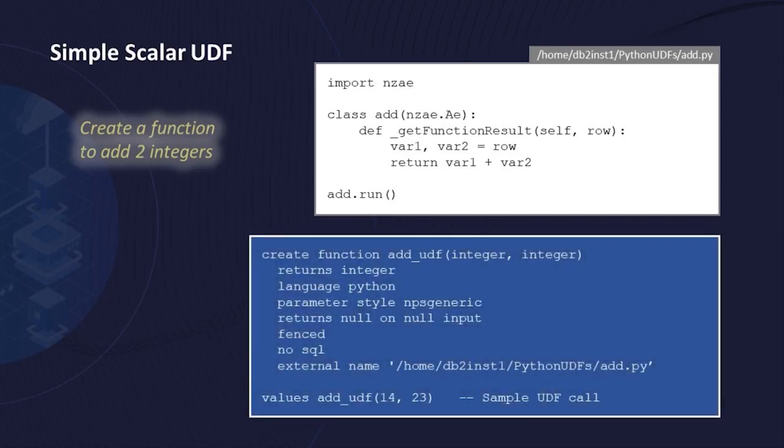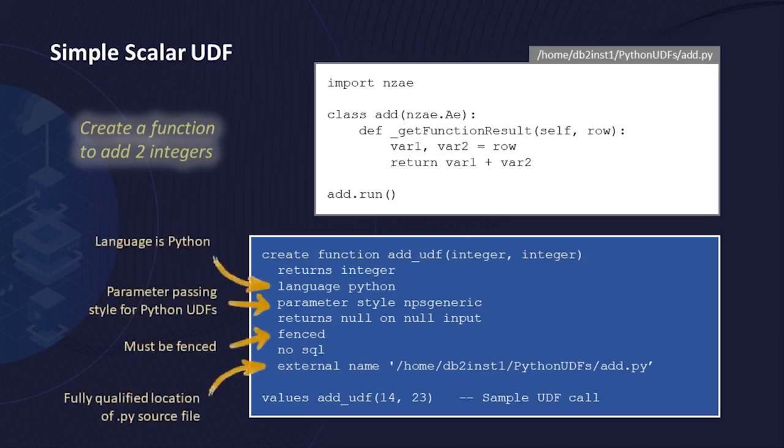And here's the command to create the function, with that returns null on null option that I mentioned there. And there are a few other things to note, like the language needs to be set to Python. The parameter style is NPS generic. The UDF has to be defined as fenced. And you need to point to the location of the source file, which needs to be somewhere accessible by the